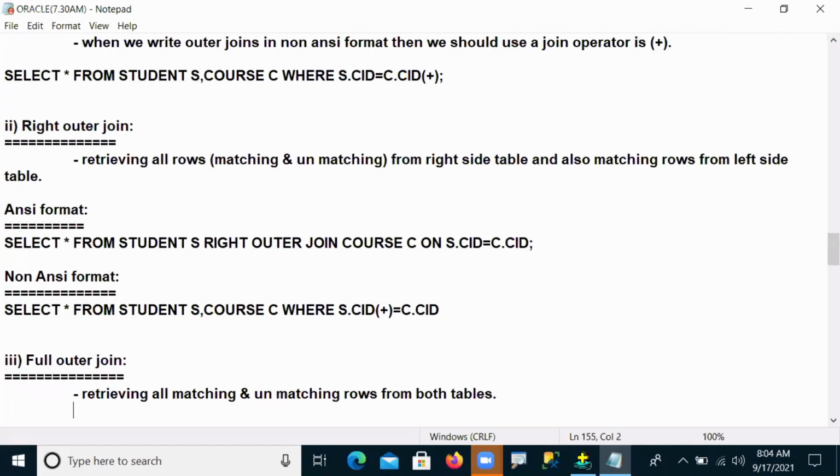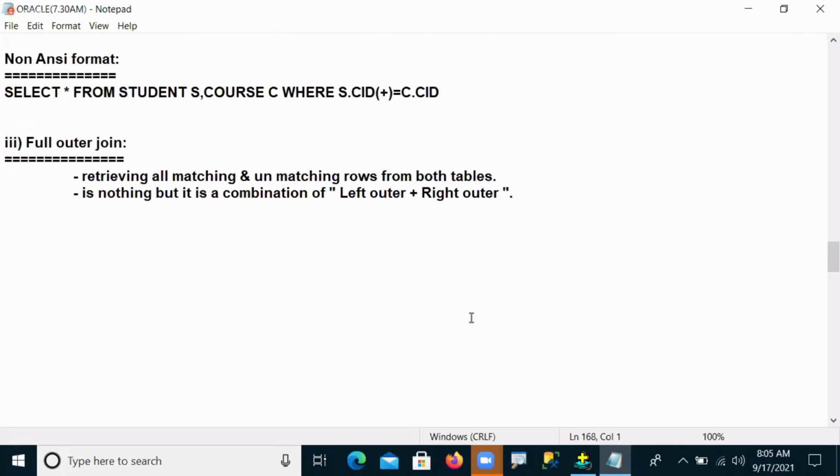Full outer join is nothing but a combination of left outer plus right outer joins.